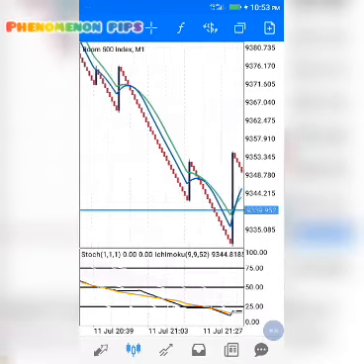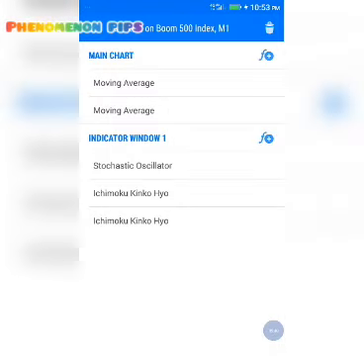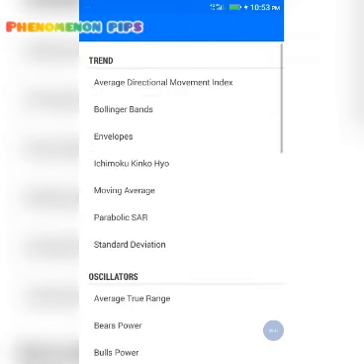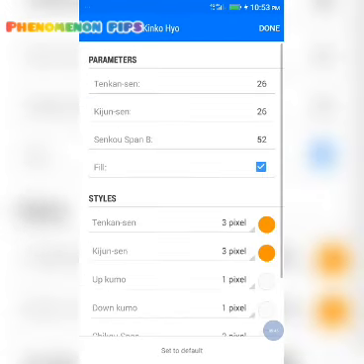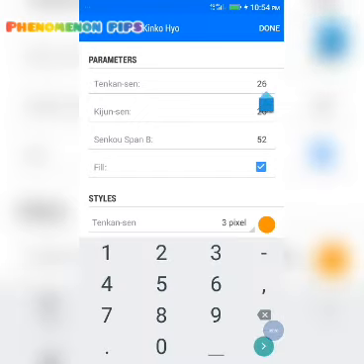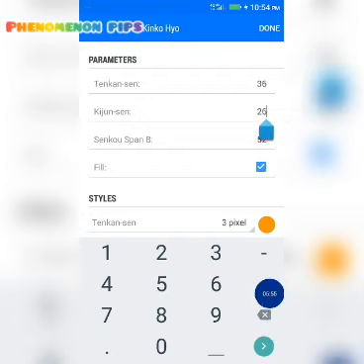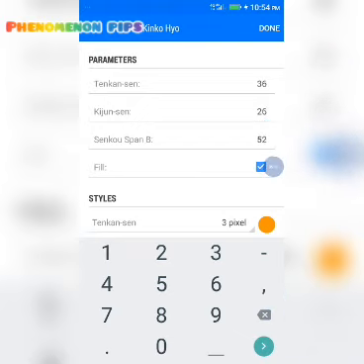Remaining is the last one, the third Ichimoku. We are going to use Ichimoku 36, 36, 36, 52.